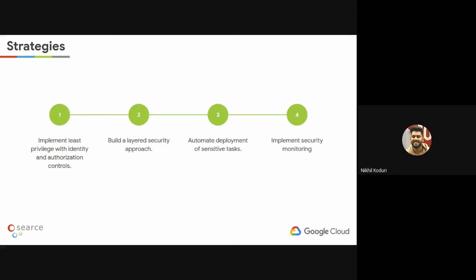Next thing is that whatever sensitive tasks you'll be performing, whatever human-based tasks you'd be performing, in case of a secure and sensitive task, we need to focus on trying to automate them so that we are not prone to human errors or any kind of manual error that could result in big disaster for our organization, a big impact on our business.